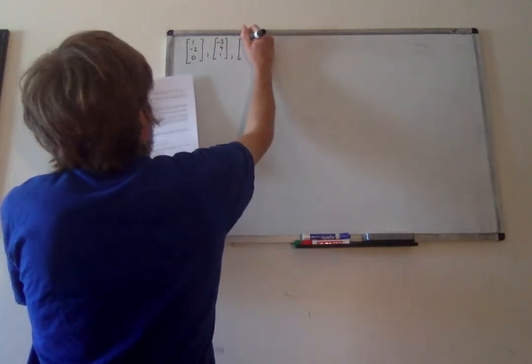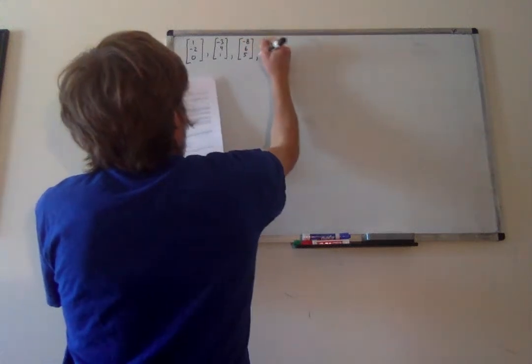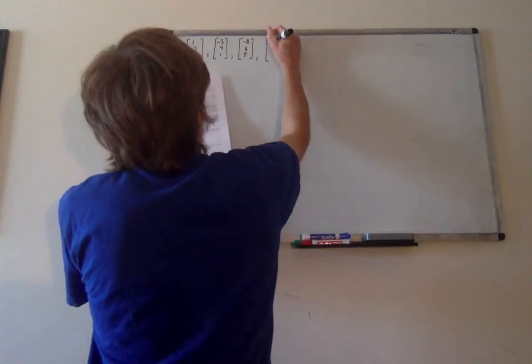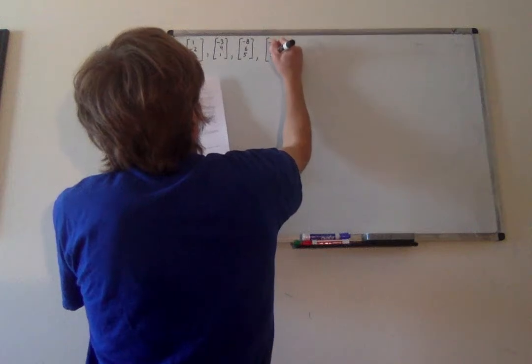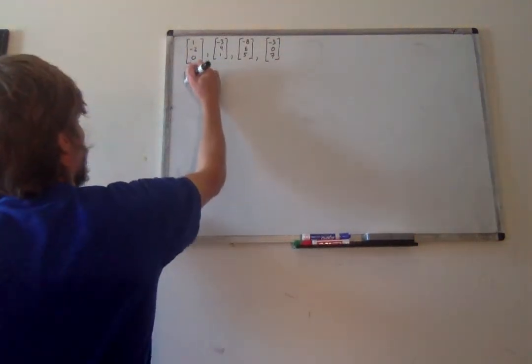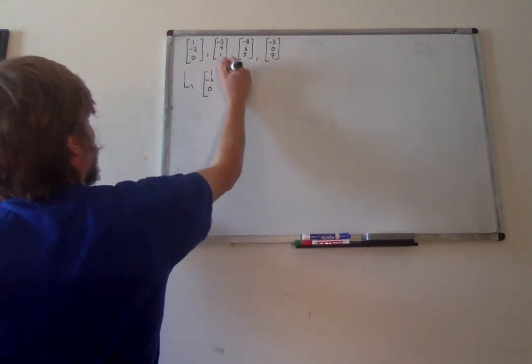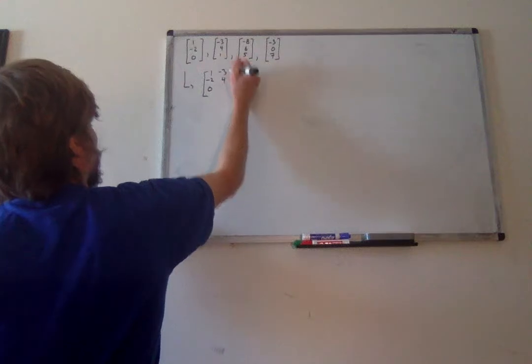So I've got 4 vectors of length 3. So what we want to do, we're going to use a matrix,